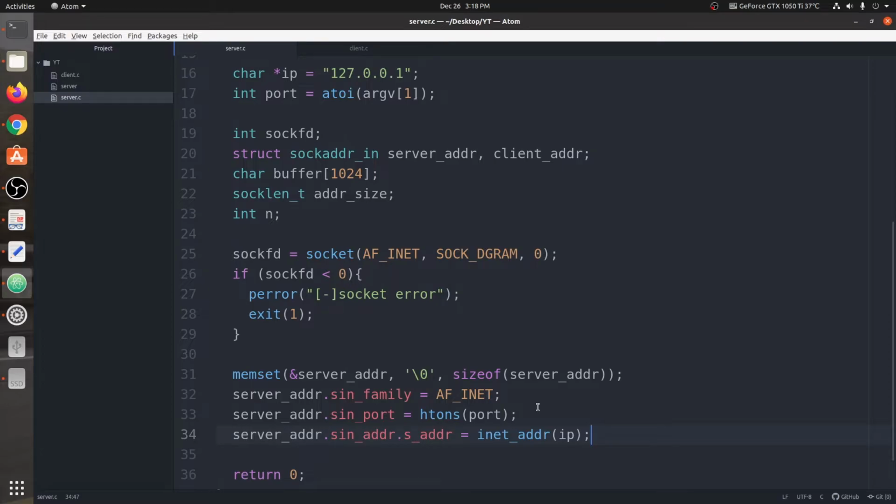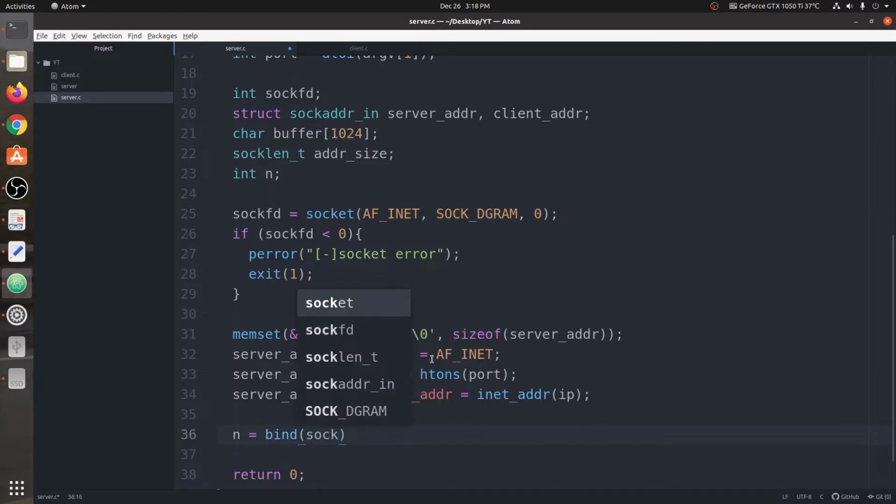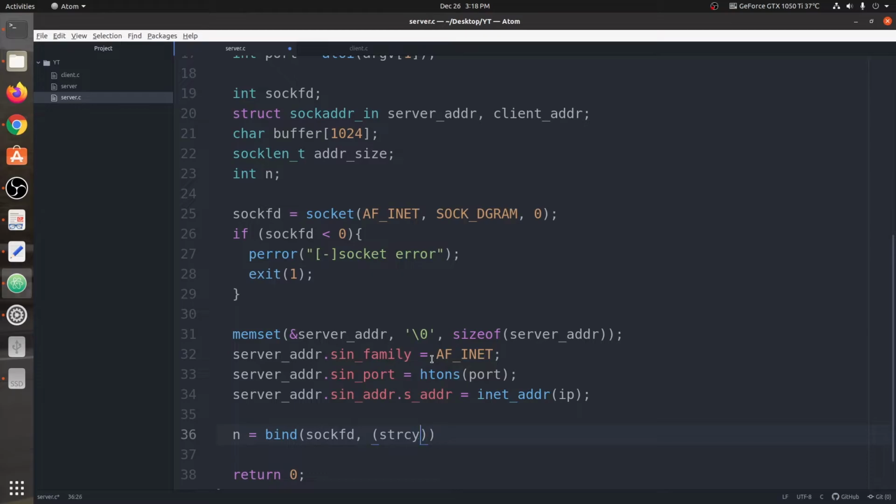Now we're going to bind the address, that is the IP with a specific port number. So let's call the bind function. First we're going to give it the socket fd, that is server socket file descriptor. Next we're going to say struct sockaddr pointer, sorry for the spelling mistake, and after that we're going to say ampersand server_addr. This is the struct.